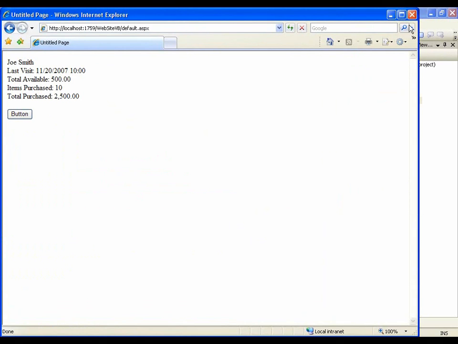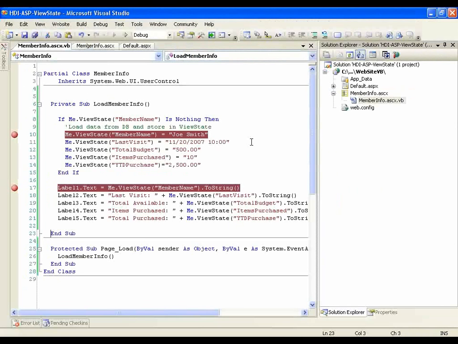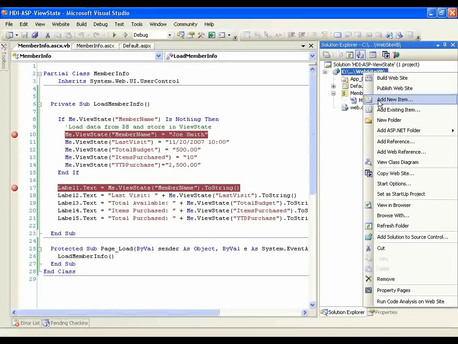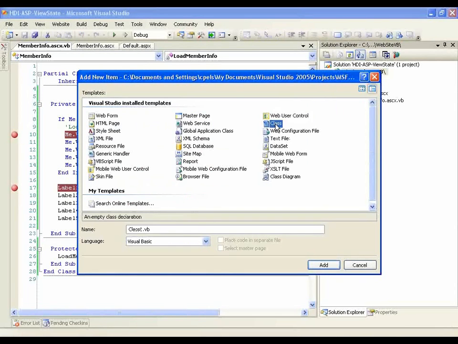So let me shut down the page. In this first pass at using the view state, what we were doing is storing strings in each item of the view state, one item per string value. There's another approach that I want to show you that might be more powerful and more versatile in your particular situation. So we'll do a simple demonstration here. We're going to add a class to our website project, and we're going to call this class member,